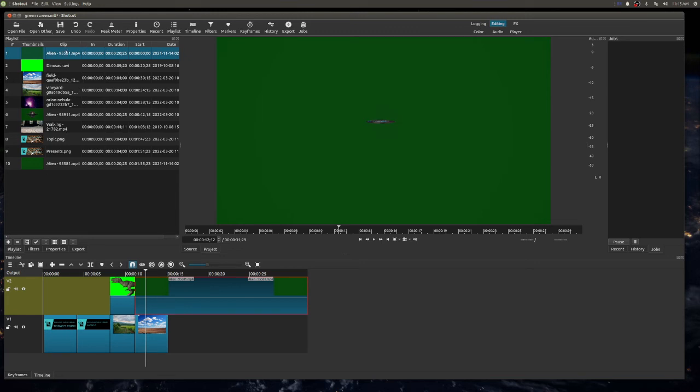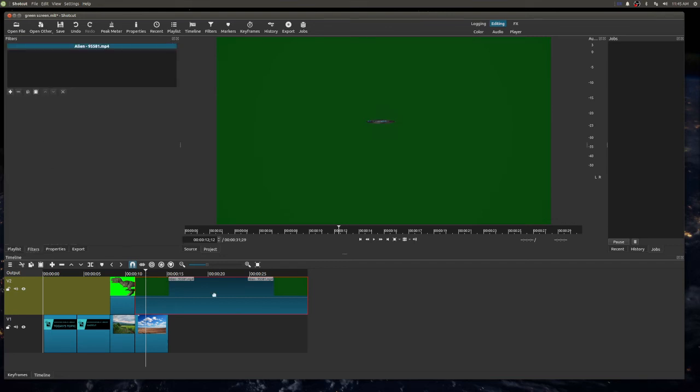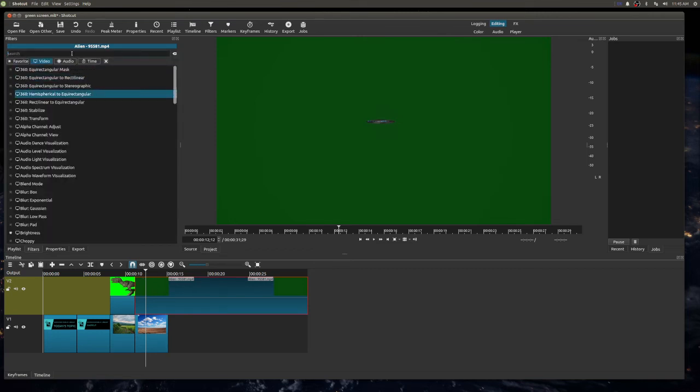So if you're in playlist, whichever one you have highlighted, if you hit the plus sign, it actually just duplicates it, which I just did. So I'm just going to remove it because I don't really want to duplicate it. So here with the playhead, I can go to filters. I've got the alien spaceship selected, and now I'm going to go plus, and here I'm going to choose